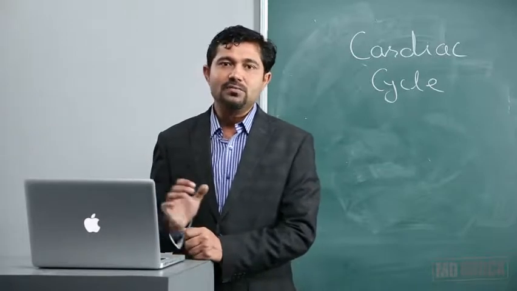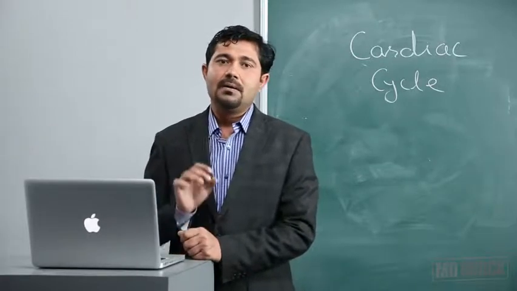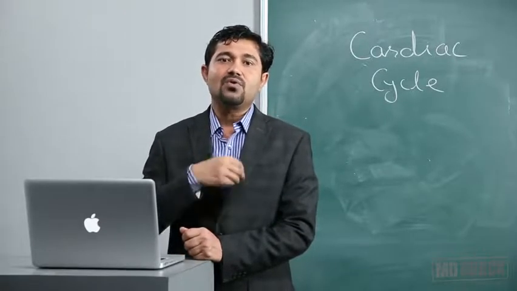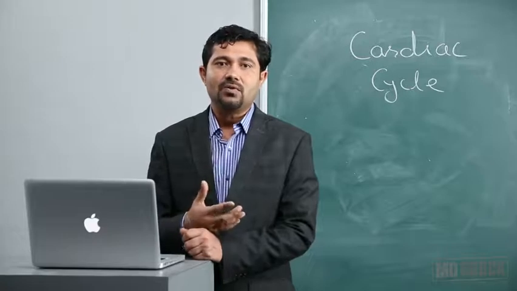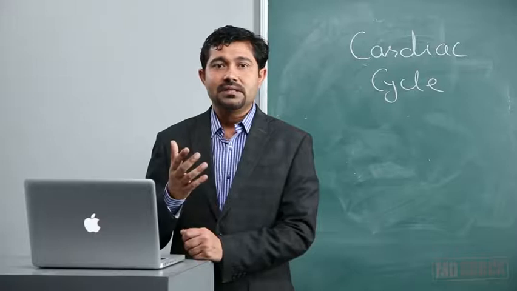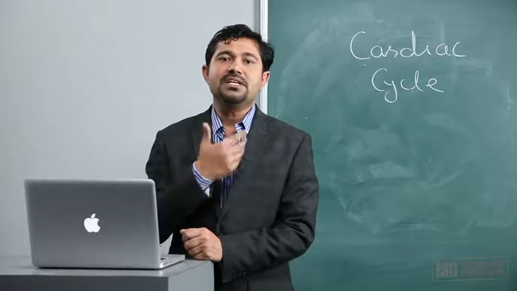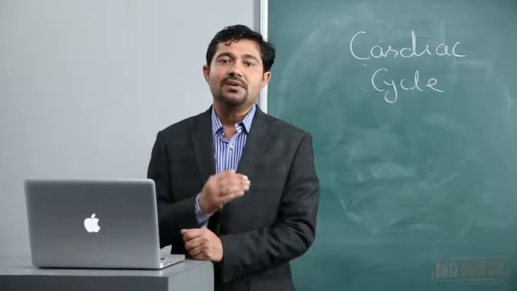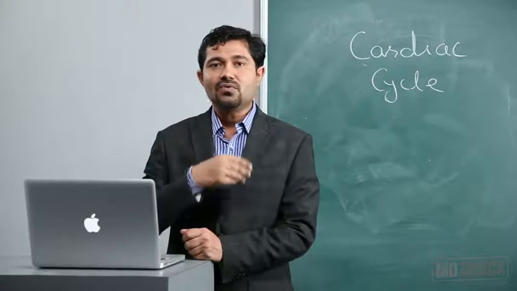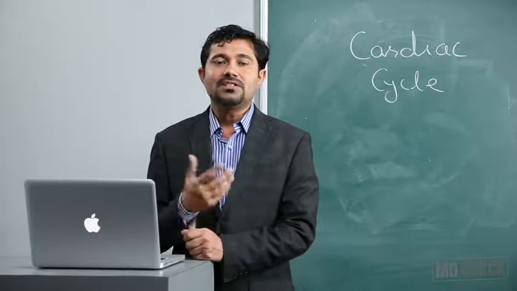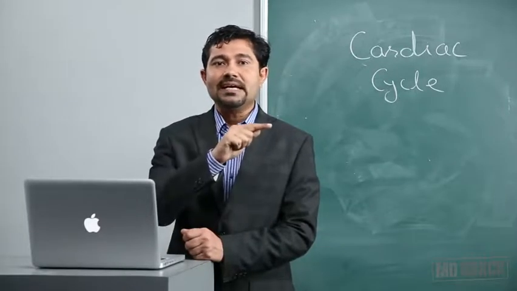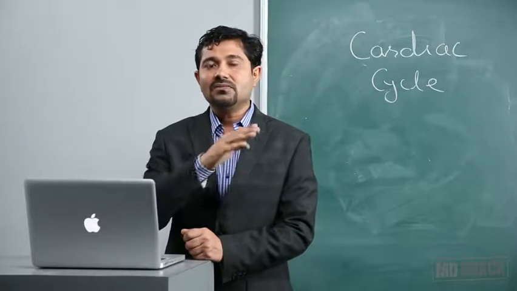What are the pressure and volume changes in this phase now? The volume of the ventricle, let's say the left ventricle: the stroke volume has been ejected out. So out of about 120 ml, 70 ml has been ejected out. That is the stroke volume. 50 ml will remain in the ventricle. Then what is the pressure change? The pressure in the ventricle can increase to 120 and again it will come back to 80, or it will start depleting.